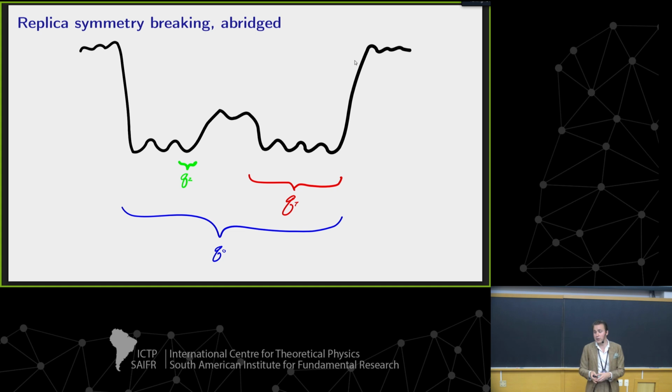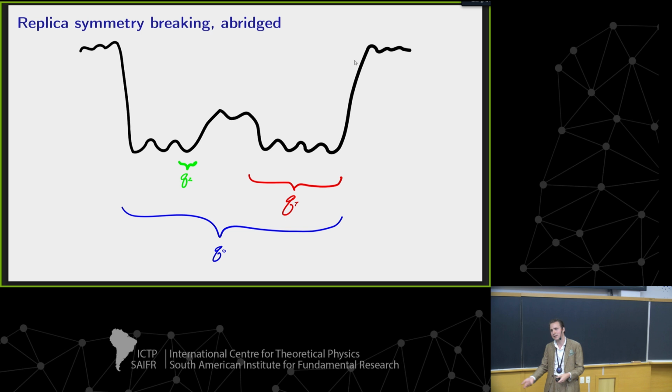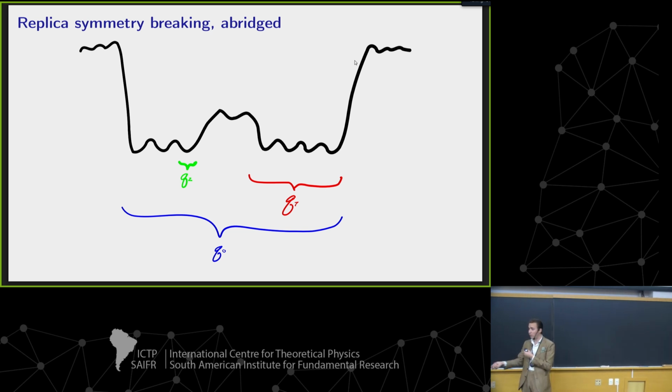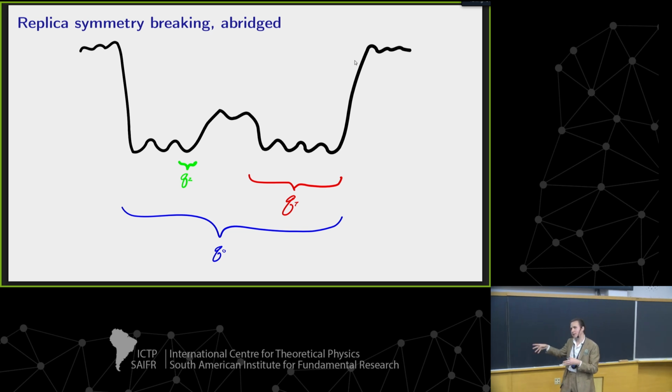And this, when you have canyons in the landscape, which maybe have sub-canyons, which maybe have sub-canyons, leads to a hierarchical structure in the typical distance or typical overlap between pairs of stationary points that you draw from the landscape with certain properties. So, when we find that stationary points with certain properties like energy and stability are characterized by different types of characteristic overlaps, that's telling us that there's clustering involved, right? That finding a certain stationary point in the landscape means that we're likely to find some around it. We're much more likely to find some around it than we would in a case where they're just uncorrelated.